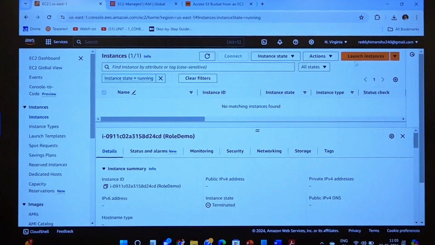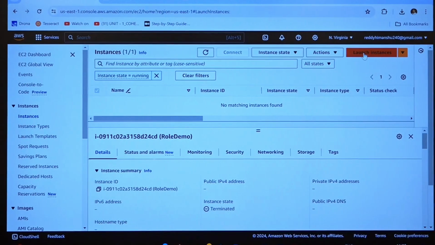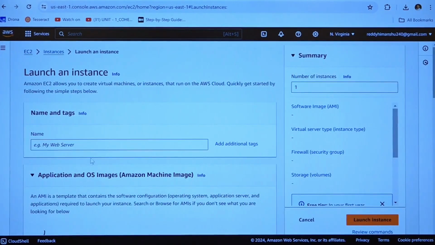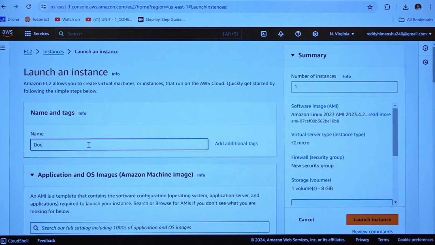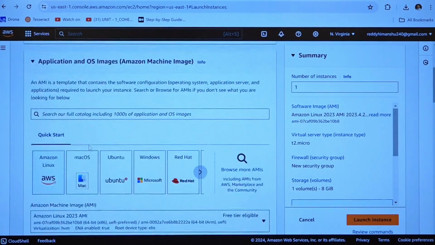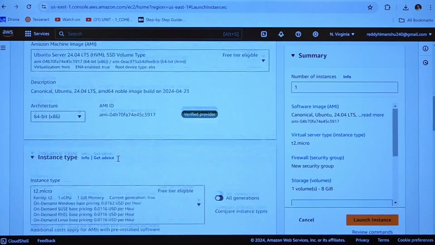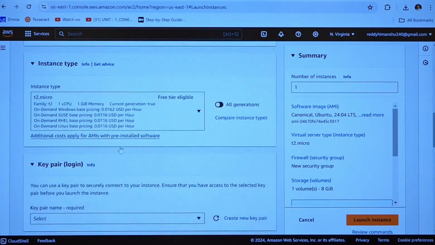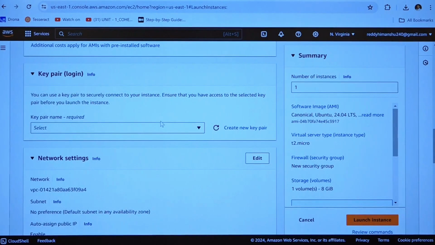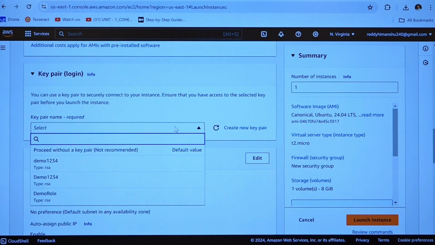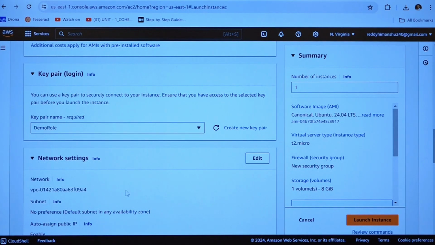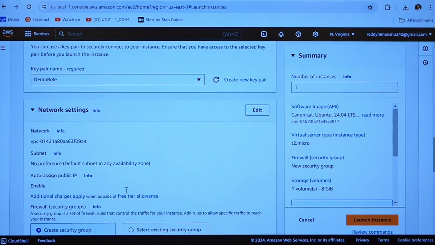So, firstly, we will launch an EC2 instance. I am naming it as Docker, selecting the operating system as Ubuntu. Scroll down, T2 micro. Let's see whether we do have any key. Yes, demo role is the key, which I do have. If you don't have, you can create a key,